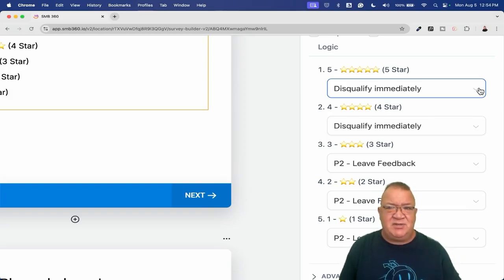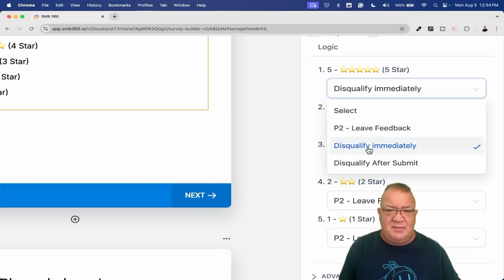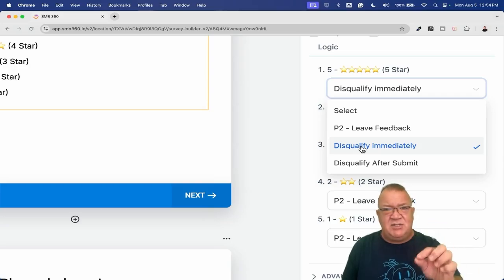Without using these features that are already built in, called disqualify immediately, or you can do disqualify after submit. I much prefer immediately, because as soon as you make a selection, the person doesn't have to go to the end of the form. As soon as you click on the one thing, boom, it automatically redirects you,